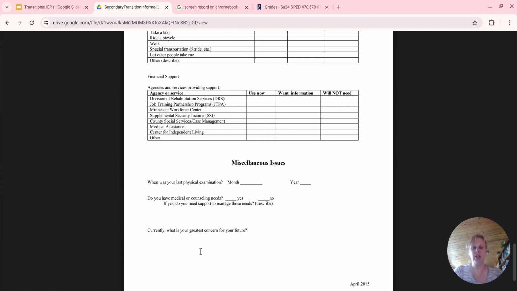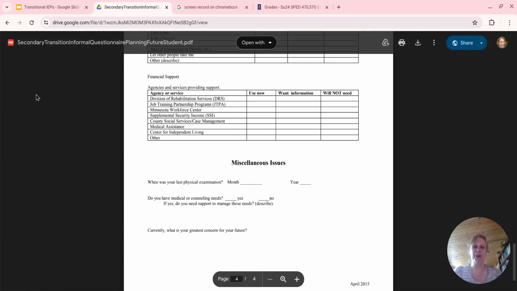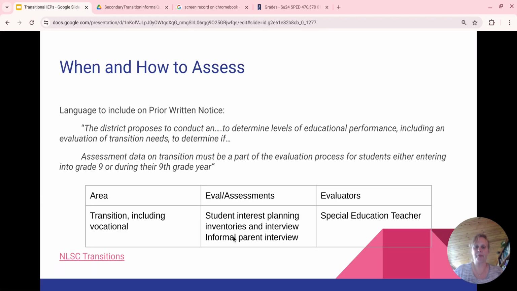Are they receiving any services? Do they know when their last physical was? Again, this is helpful information when they are looking at transferring that ability to going out and scheduling their own appointments. So as you can see, there is plenty of information and resources out there to get that assessment data.